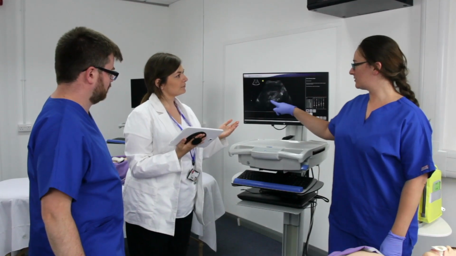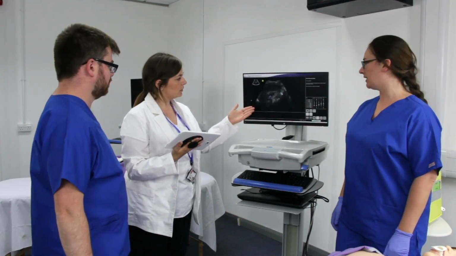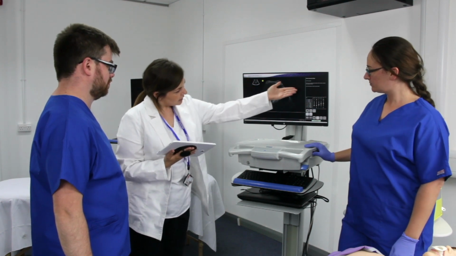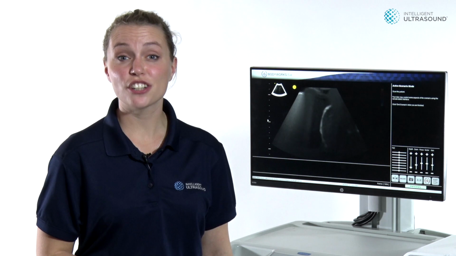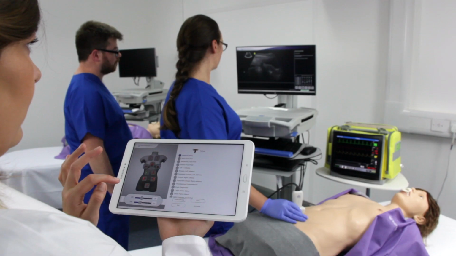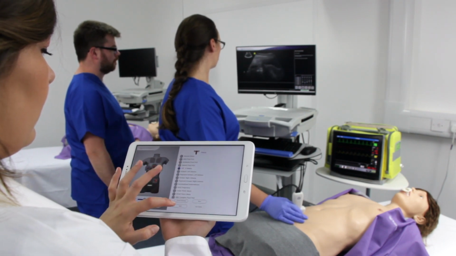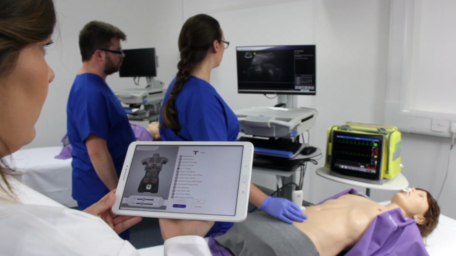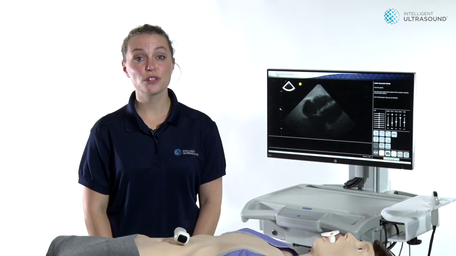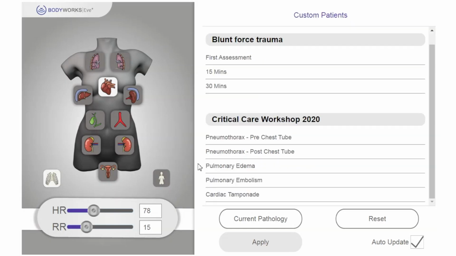This flexibility means that the tutor can incorporate trainees' findings and responses into the scenario. For example, if trainees have correctly identified a pleural effusion and suggested a course of treatment, the tutor can reduce the severity. Or, if trainees have found one pathology but missed a second, the tutor can worsen the patient vitals and encourage the trainees to continue scanning. Tutors can also open any of their custom cases from the tablet in active scenario mode and use them in